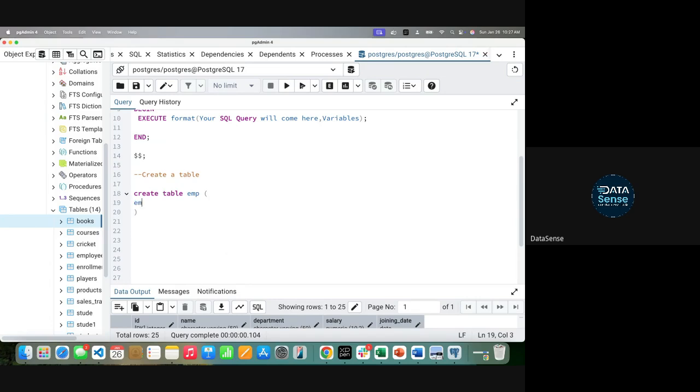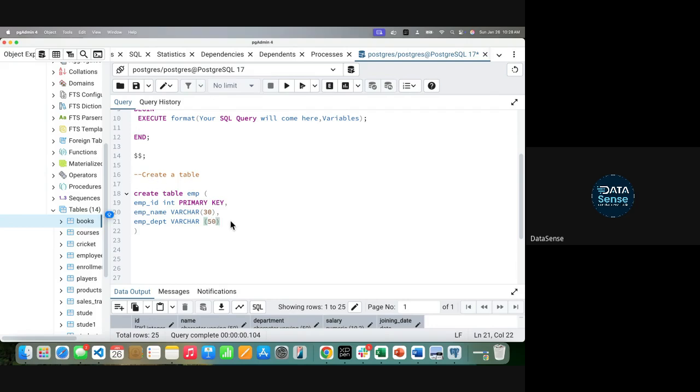Employee_ID, which will be int and my primary key. Then employee_name, which will be varchar 30. Then employee_department, which is again a varchar, let's call it 50.